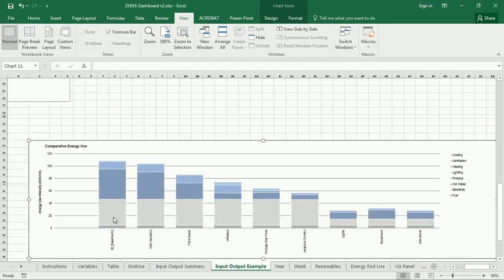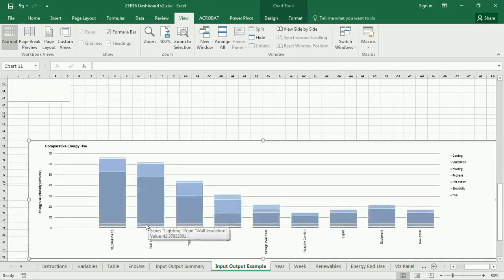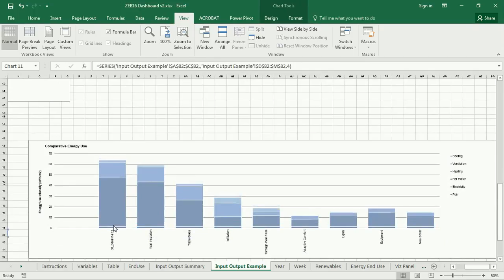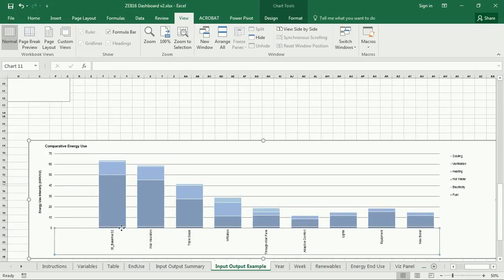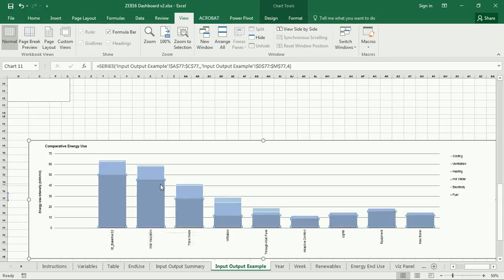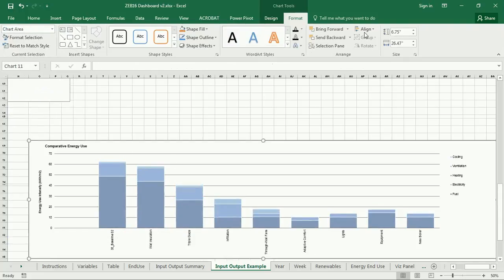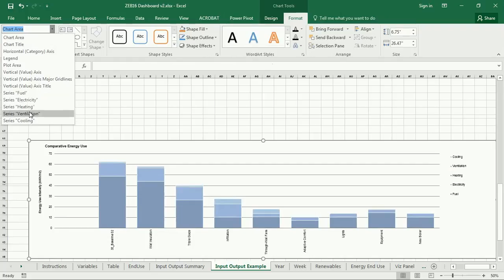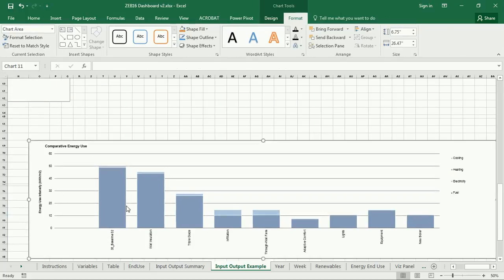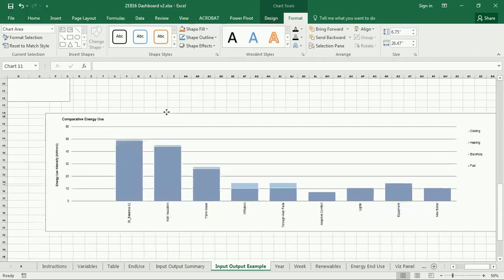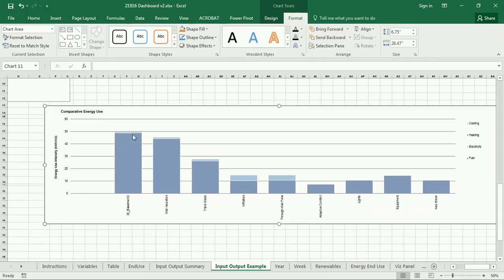So the process, equipment, lighting, heating, hot water, I'm just deleting these as I go, and if it's too small to actually select, I can go up to Format and then go down to Hot Water and delete it. And as we do this, I'm going to delete the ventilation as well. You'll notice that the vertical scale is changing, but you can also see now a lot better the impacts on heating. It emphasizes the importance of these different things, and as a result of it being